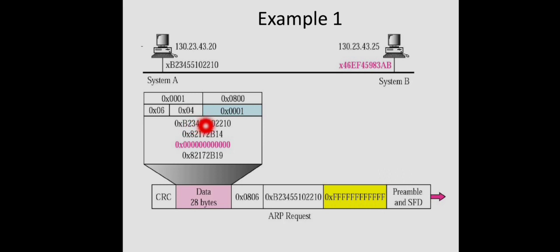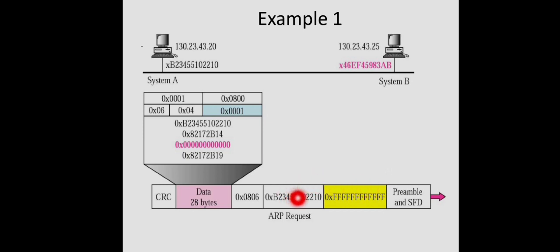Then the MAC address of the sender machine, then the IP address in binary or hexadecimal, the IP address of the sender machine. Then the MAC address of the receiver is not known, so it is filled with 0, and then the IP address of the receiver machine. And this entire packet is encapsulated within the data frame, with the trailer CRC there, and then the type code for this ARP request message, then the sender's MAC address and the destination's MAC address.